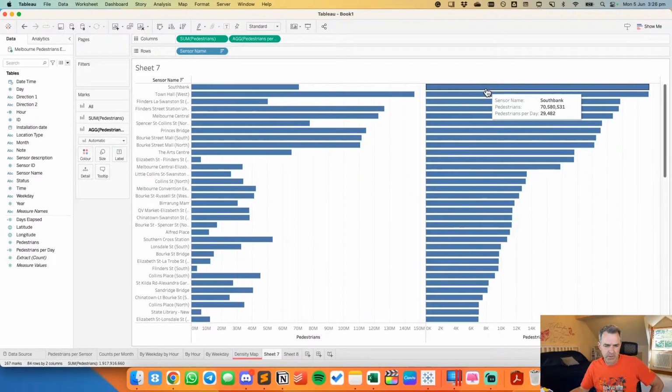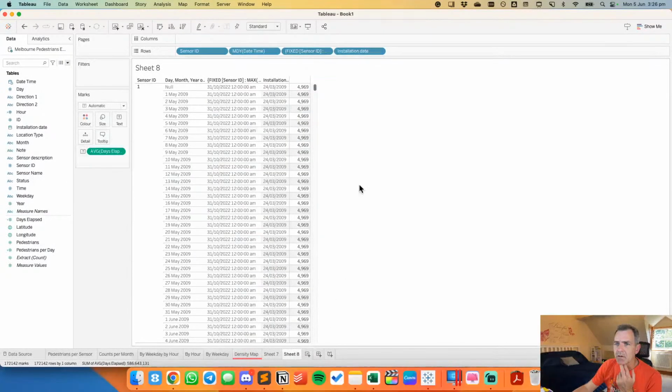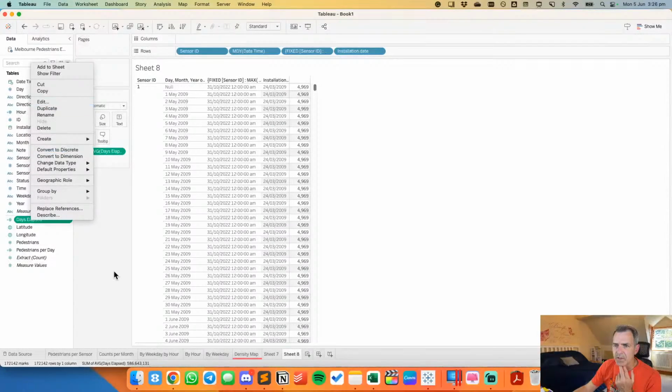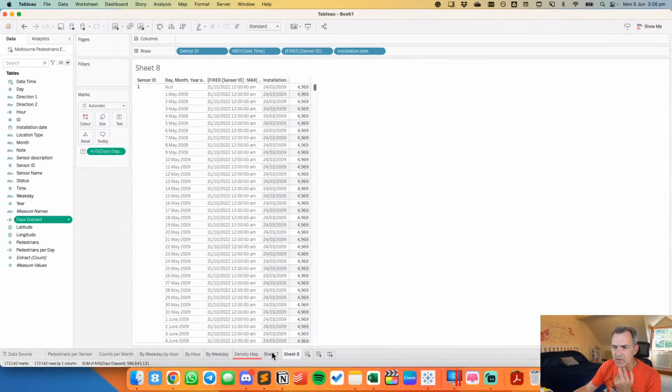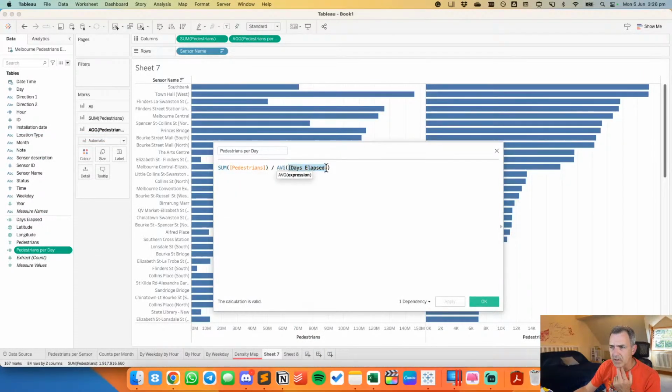Yeah, so that's a good, so Peter, you make a good point. So I only want to count the number of days per sensor where there is data. So let me go back over here then. So really I want to do, oh, I could just, actually I don't even need to do days elapsed. I could just count the number of days. Yeah. So let's go back here, and then instead of days elapsed, this could be